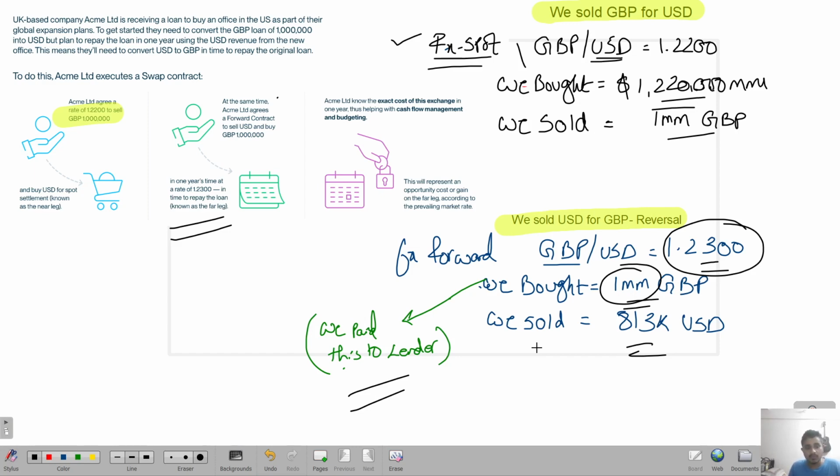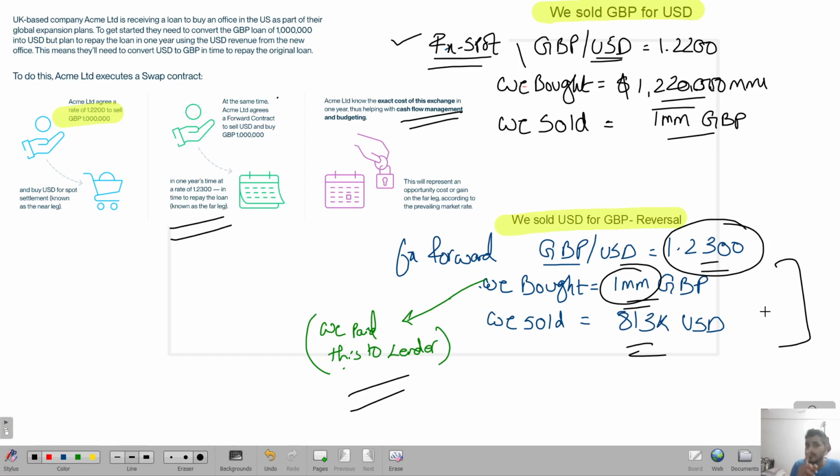The use of FX swap is obviously for cash flow management, because Acme already knows how much money inflow and outflow is going to be there in this span of 1 year, and it need not worry about currency valuation or devaluation, right? The downside would be obviously if the currency pair, GBP USD, GBP were to strengthen, it's going to lose money in the forward contract, because unlike an option contract, on the settlement date you have to